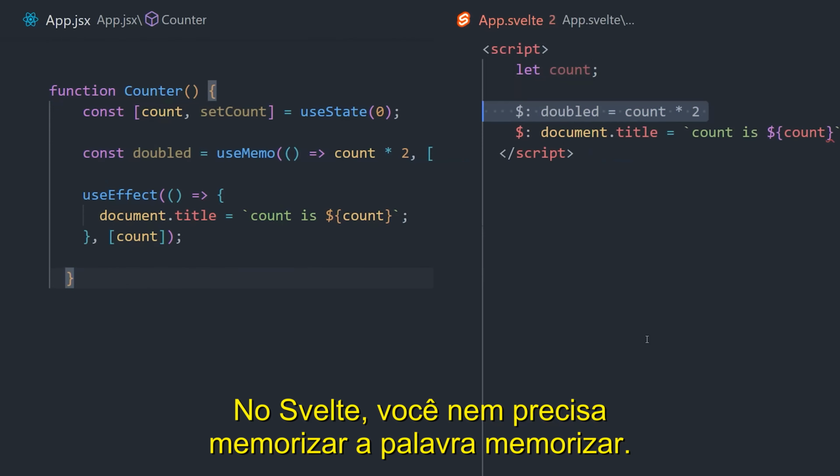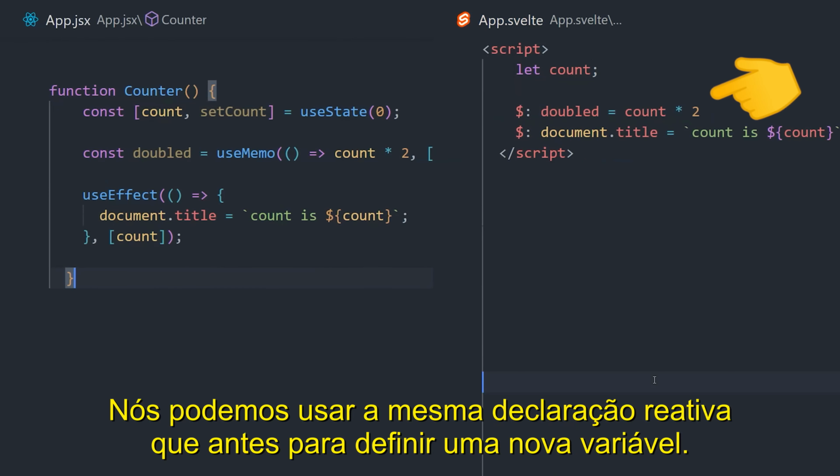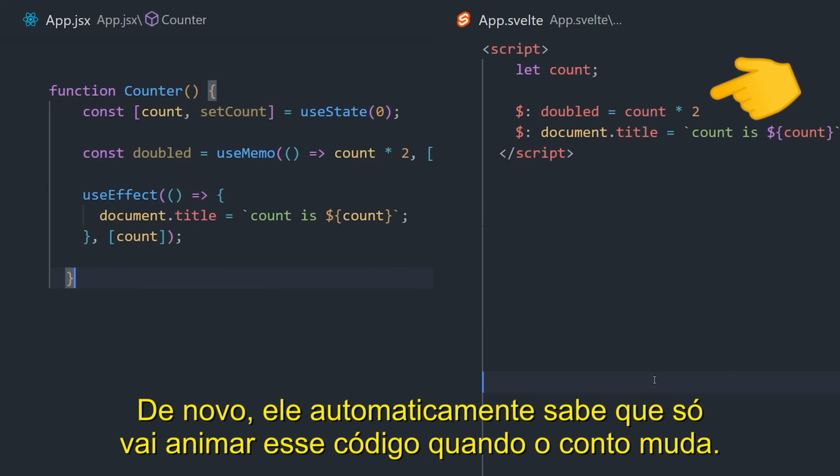In Svelte, you don't even have to memorize the word memoize. We can just use the same reactive declaration as before to define a new variable. Again, it automatically knows to only run this code when the count changes. That's pretty cool,